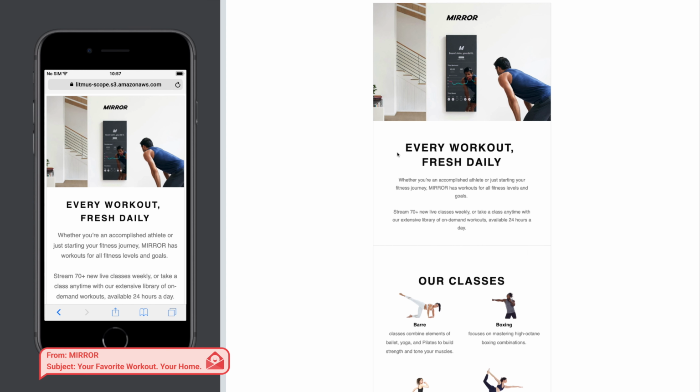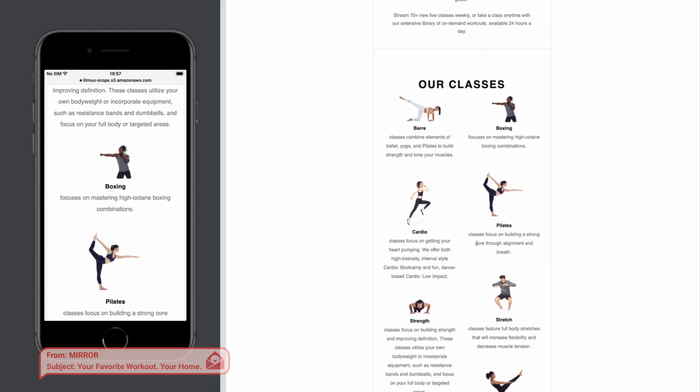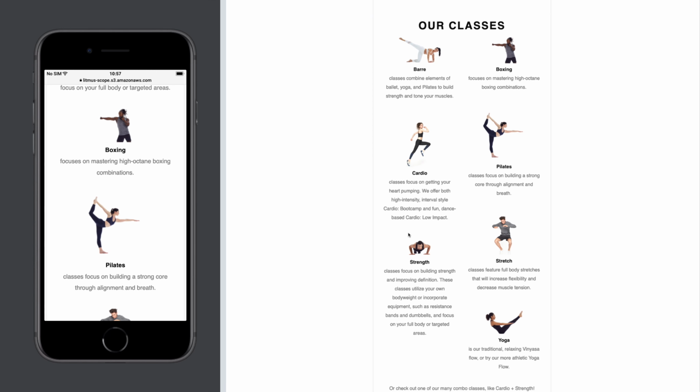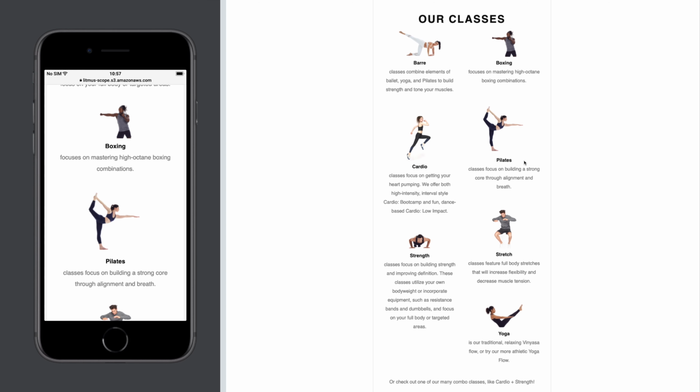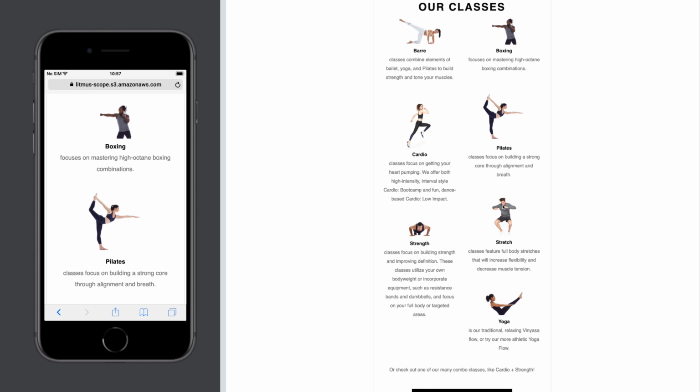Same cool aesthetic, but a little bit different lockup here. I just think this is gorgeous, and they're doing a great job of pulling these out. One thing, though, this is a neat lockup. I really like seeing these visuals about how people are using Mirror. Look how difficult to read and scan this centered text is. I would have put these images not with white backgrounds, or they could be, but I would actually create a boundary around them and then left align cardio, Pilates, strength, stretch, and all the paragraphs that go with them. I also would have done a little bit more content curation to make the paragraphs more consistent so that they're about the same length.